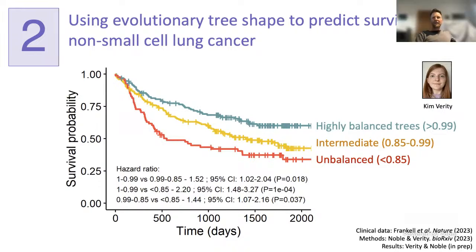So Kim has gone into this very extensively. She's looked at all of the indices, and she finds that, yes, the diversity indices are also predictive, but tree balance seems to be the most predictive. And there is some correlation between balance and diversity as well. So this is the one we particularly focused on, but the diversity indices are also useful. And that's not unexpected either. But we think balance is particularly useful because we think it could be detecting selection, and it's less obvious how diversity indices would be linked to a signature of selection. Fascinating, yeah.